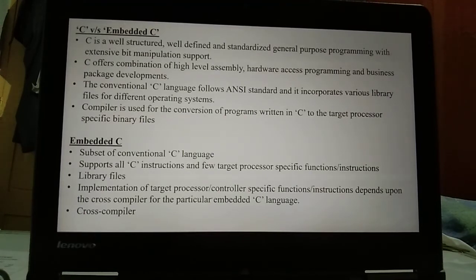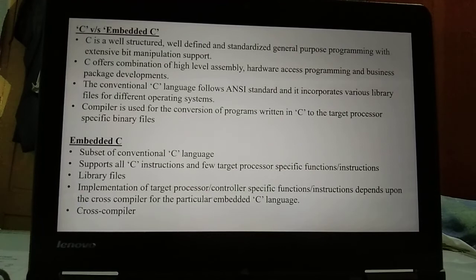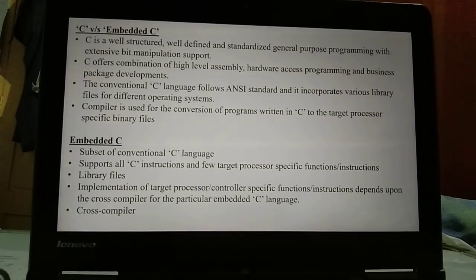C is a well-structured, well-defined and standardized general purpose programming language with extensive bit manipulation support. C offers many features: it is a high-level language, that means it is easily understandable by the user. Hardware access programming, that means hardware can be directly controlled by programming. And business package development, it is used for business applications as well.